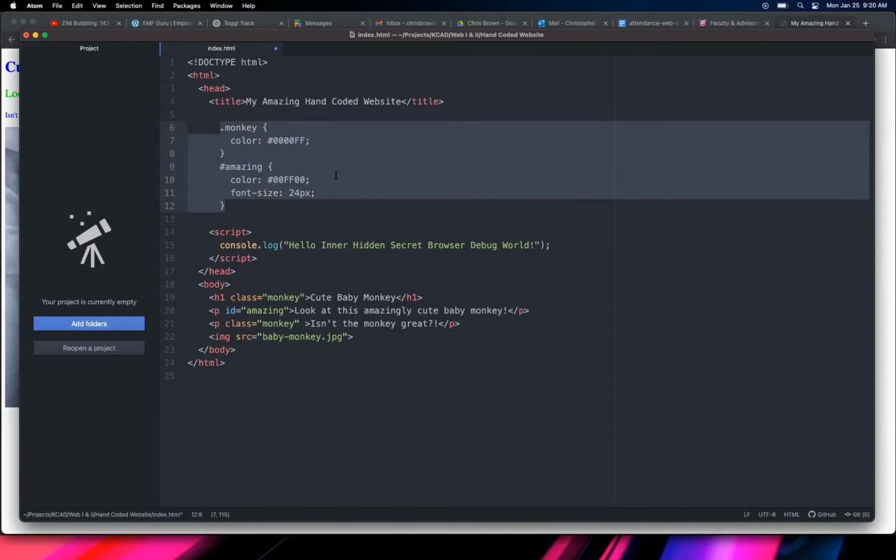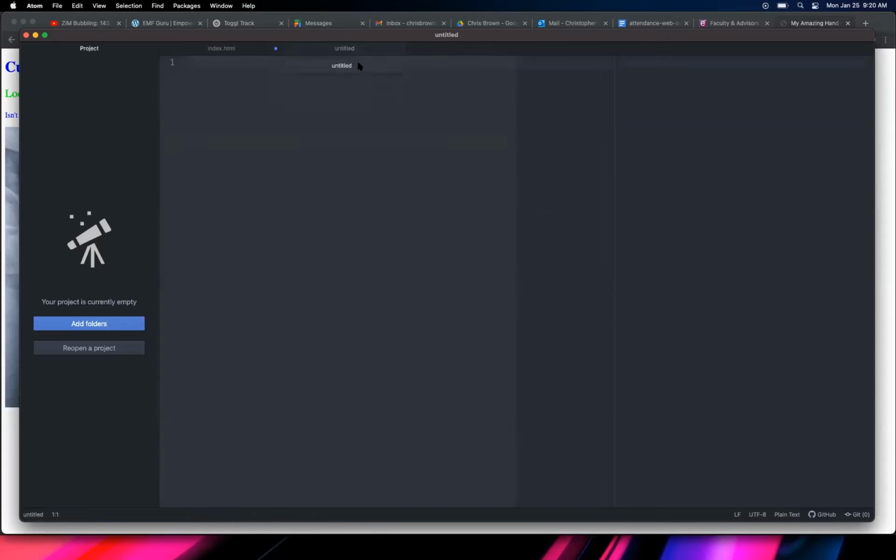I'm going to make a new file. Just hit Command N for new file. Gives me a new tab here. Just going to paste in my two things here. Now, before I save it or do anything with it, it doesn't give me any nice colors, even though I know this is correct CSS. It's just giving me plain text down here because I haven't saved it yet. So if I go to save it, my new file,